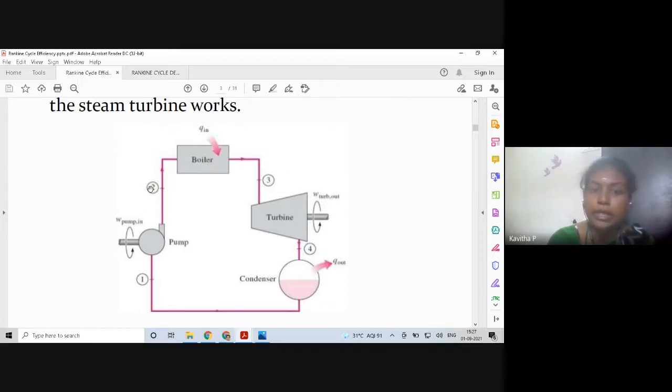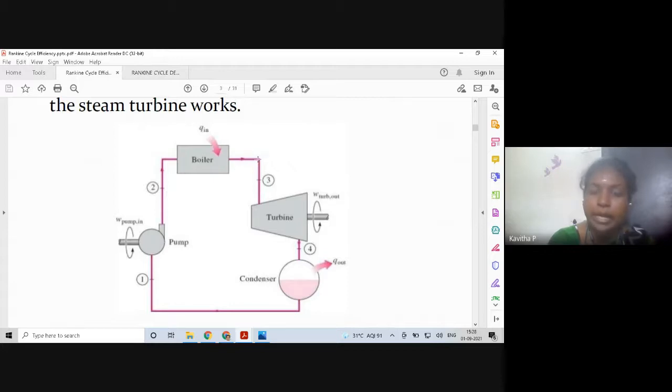And then the water enters into the boiler, and this is where the coal is burnt, and the chemical energy and the heat energy from the coal is utilized to convert water into first wet steam and then dry steam and then into superheated steam. This takes place in different stages in the boiler system, and the boiler operates at a constant pressure condition. So the steam which is leaving the boiler will be superheated steam.